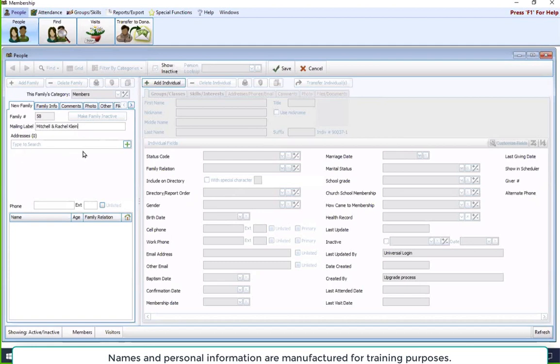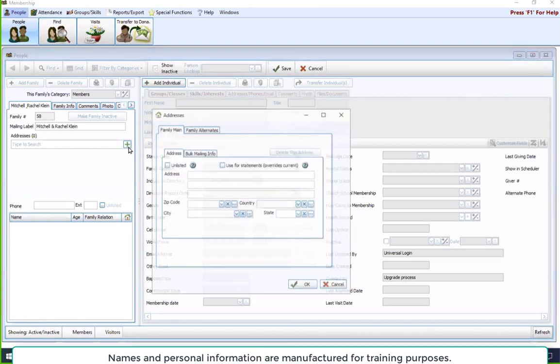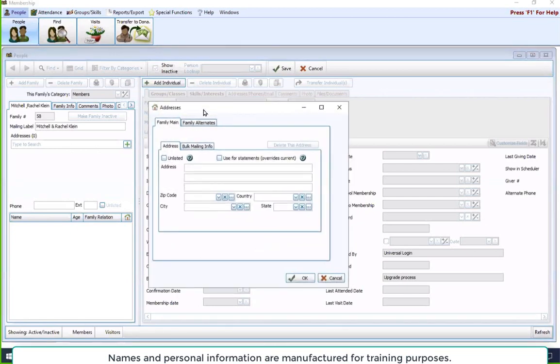Address. This is where you are going to put in the family's address. You have to hit the plus sign here first. You can't click in here and just start typing. It won't save it, but hit the plus sign first. And then a new window is going to appear. And this is where you're going to put the family main address in. Okay, so we'll put